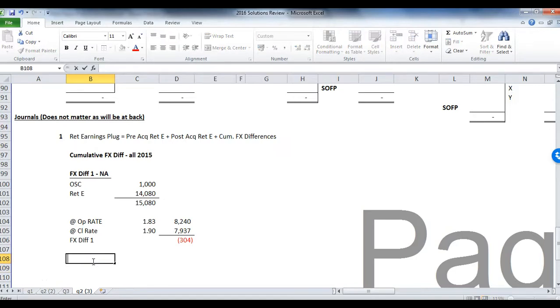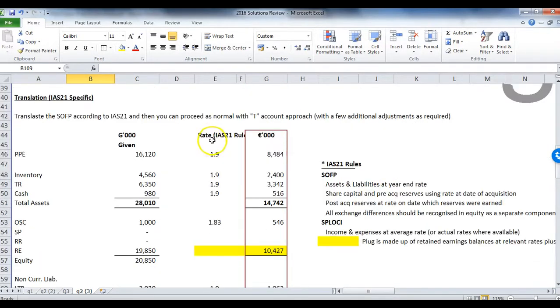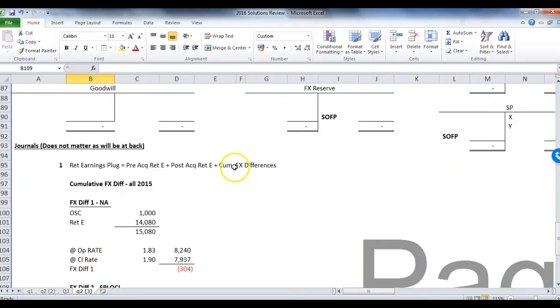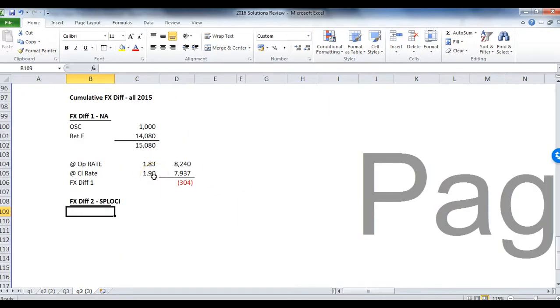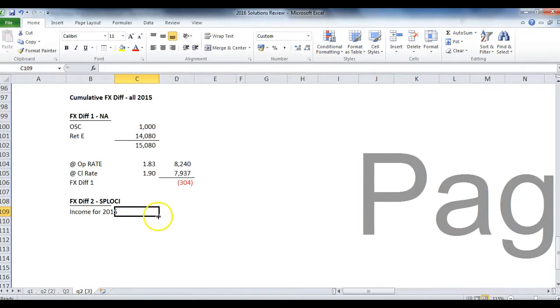The FX difference 2 then is to do with the SPLOCI. This is because you translate the income under IAS 21 at the average rate, whereas all the assets and liabilities are done at the closing rate. So there will be a natural FX difference there as well. So the income for 2015, you can get from the question. The profits for 2015 were 5770,